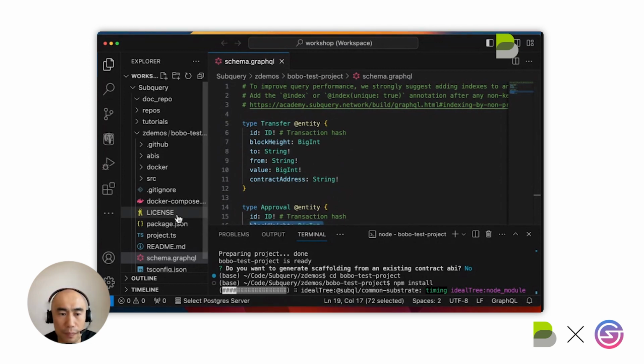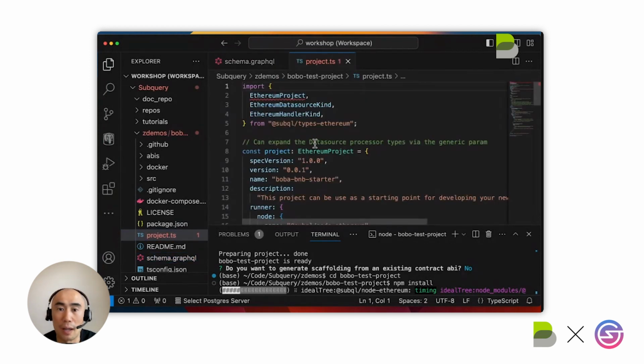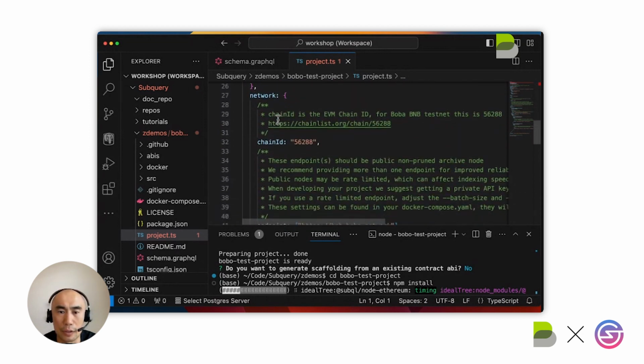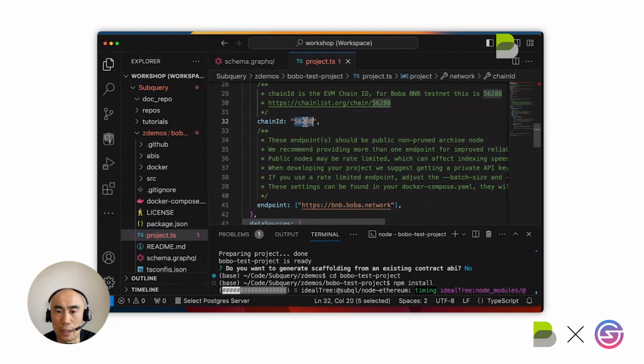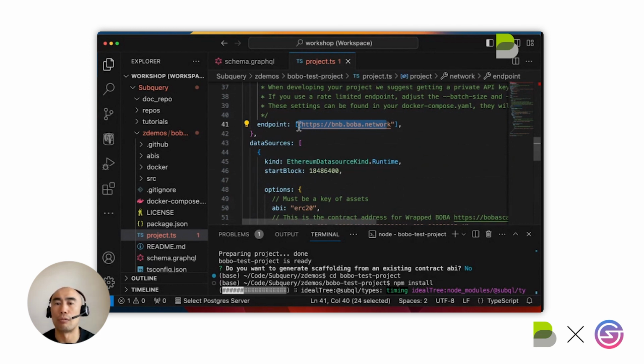The next file that was mentioned is the manifest file, or the configuration file, where if I scroll down, you can see we've got the name, the description, and scrolling down further, the specific chain ID, and in particular, the endpoint here. So this is where the data is coming from. And note that it's an array, so I can actually specify multiple endpoints. If there's an issue in one of them, the project will go and rotate to the next endpoint and try that as well in a round robin type fashion.